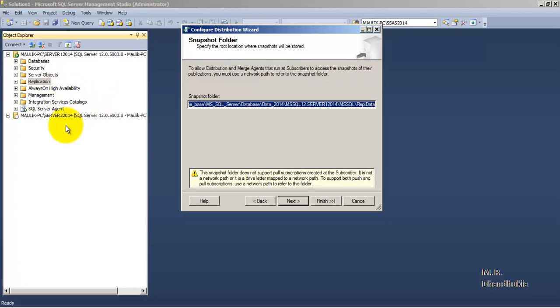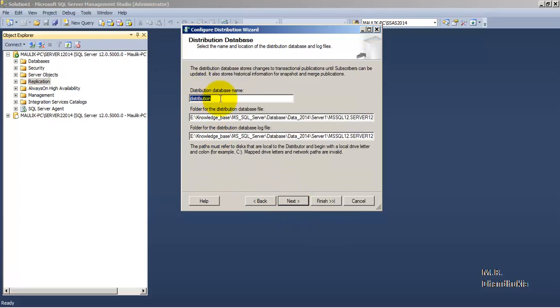So there will be three agents playing a role. First one is the snapshot agent, second is the log reader agent which reads the incremental transactions from the publisher and puts them in the distribution database, and third is the distributor agent which will read the incremental transactions from the distribution database and apply them to the subscriber. This particular folder is required as part of the first agent, the snapshot agent. Okay, so let us click next.